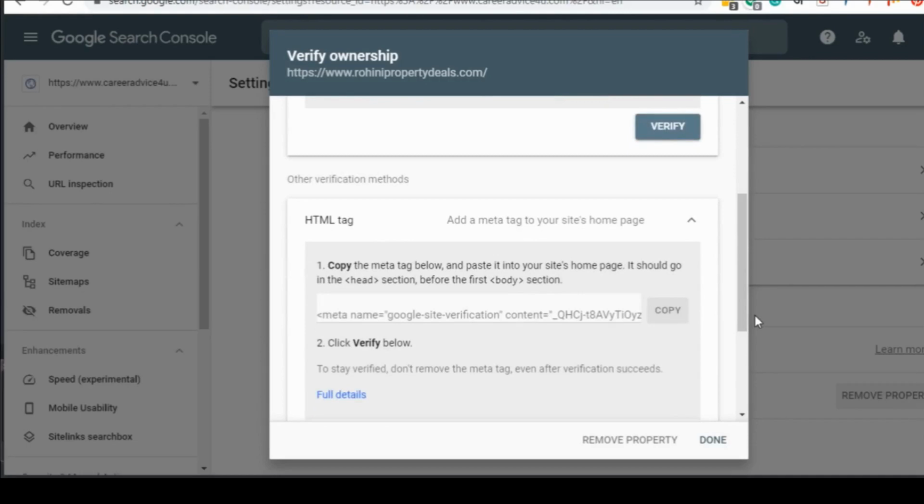It is a bit easy to set up. In the second method, the HTML tag method, you just need to add this particular meta tag in the head section of your website's home page.